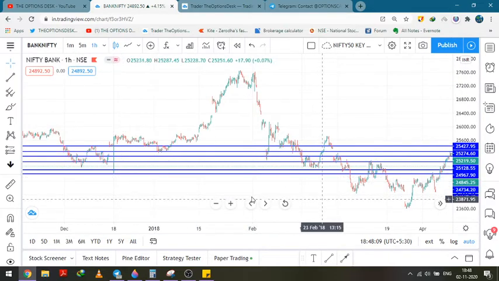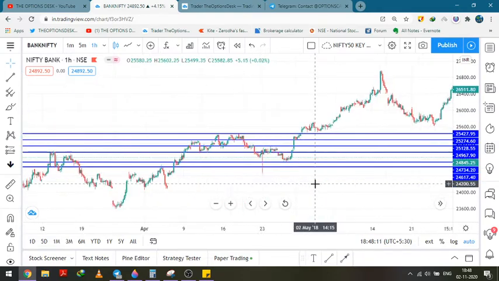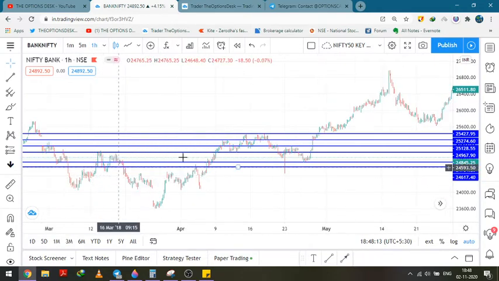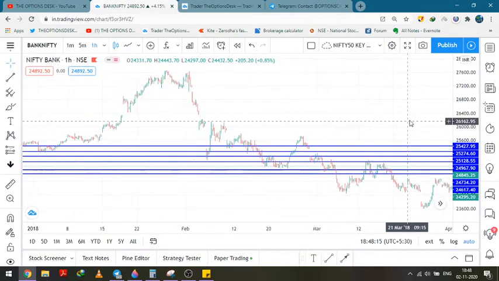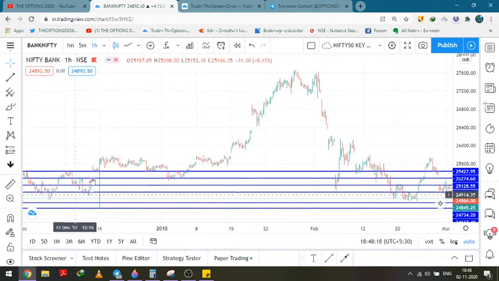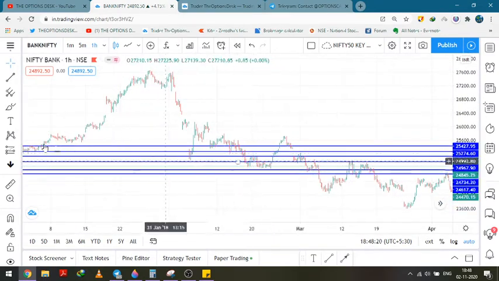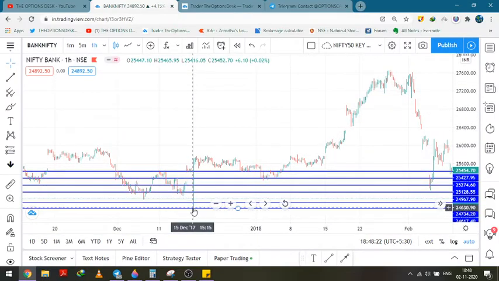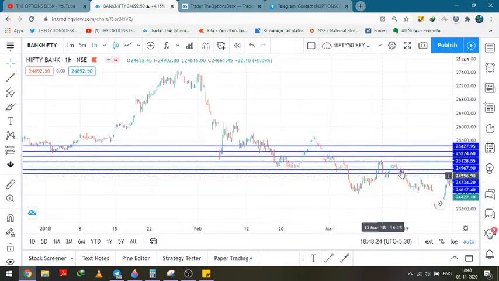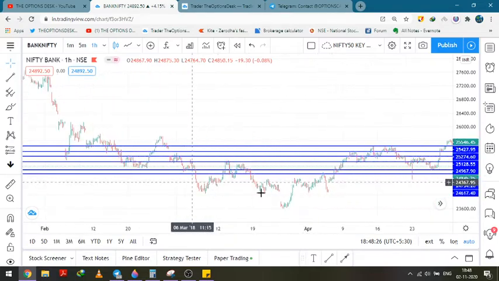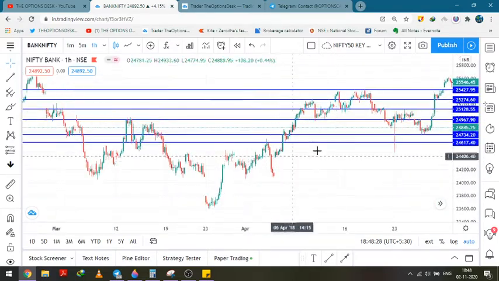See, wow, I just marked this randomly by seeing these levels. But see, when I shifted back, the market was already supported at this level. What does that mean? When this level was formed and I marked it, the market gave support at this particular point. So these are the two, the lower breakout, and the first target is marked.